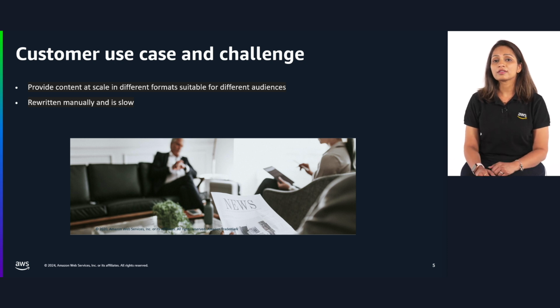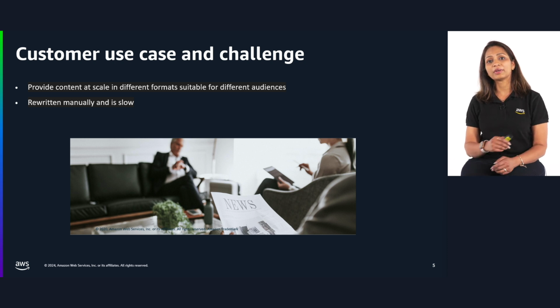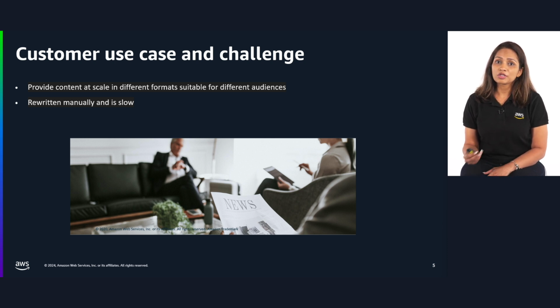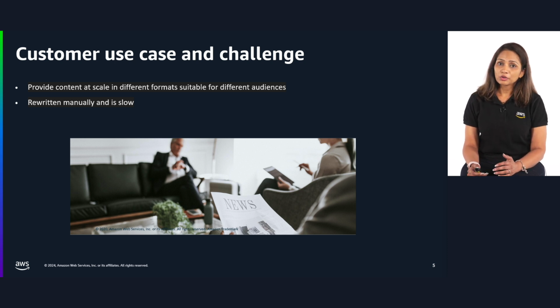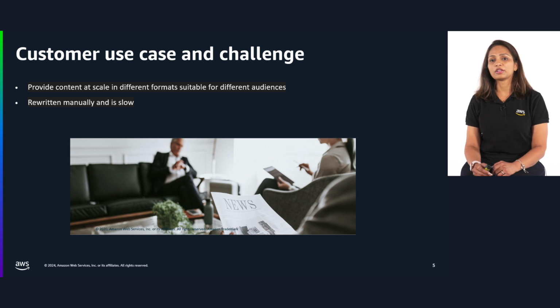Typically, in the news industry, the news articles are provided by news agencies, which are then rewritten manually. That includes proofreading and adapting to the company's wording. This process includes a lot of manual work and is often slow. To streamline this process and support the journalistic work, the customer wanted to automate the process of rewriting using GenAI. They reached out to the prototyping team to support this innovative approach and provide architectural guidance and technical knowledge on GenAI.